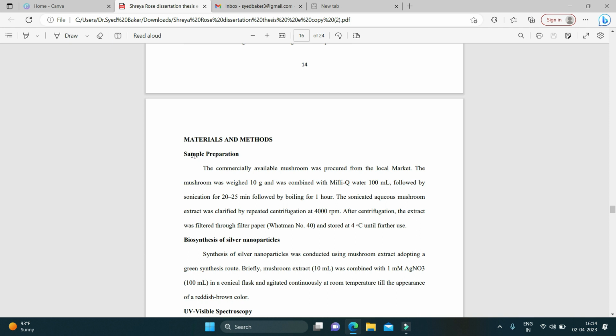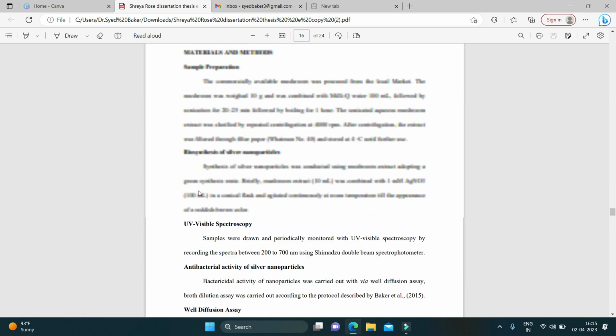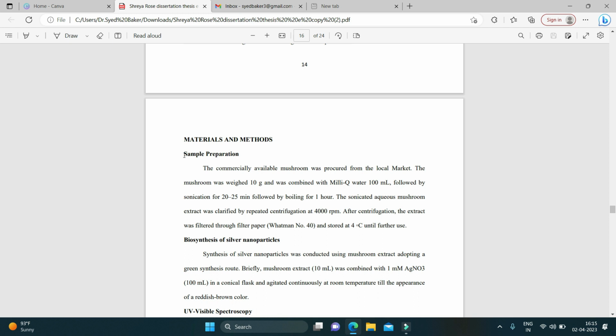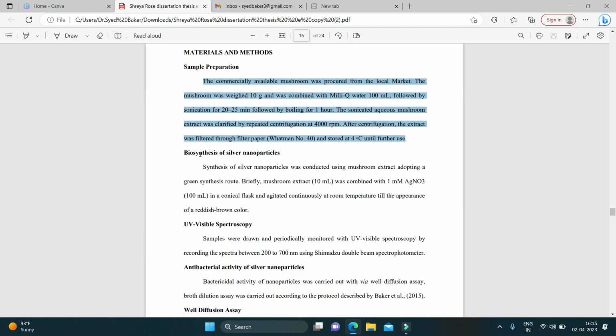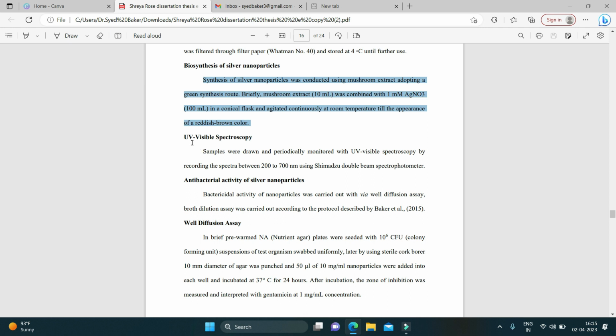For example, she has subdivided materials and methods into different groups, where the first category here she has done sample preparation. She has mentioned how the sample was prepared, then synthesis of silver nanoparticles, how she has done, and UV visible spectroscopy of nanoparticles, like how she measured,